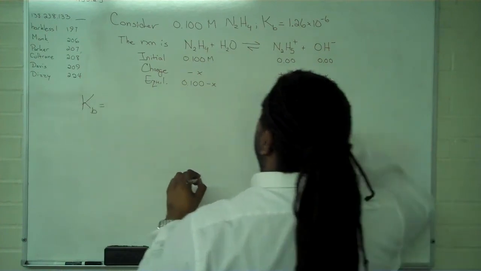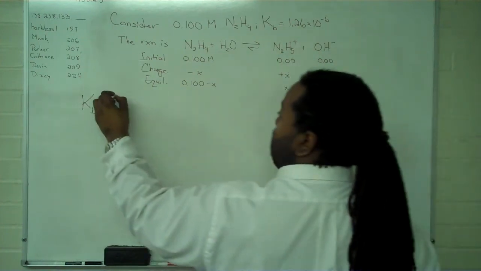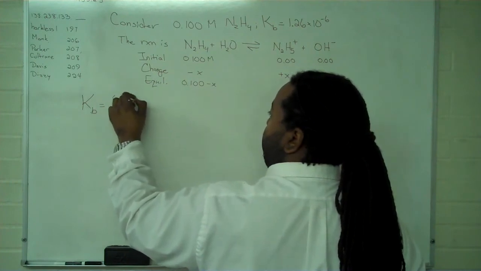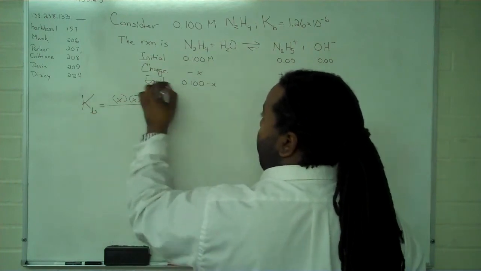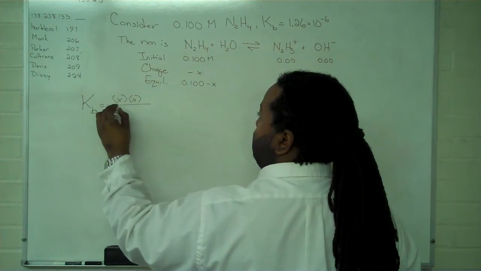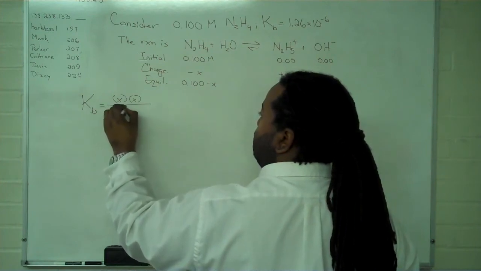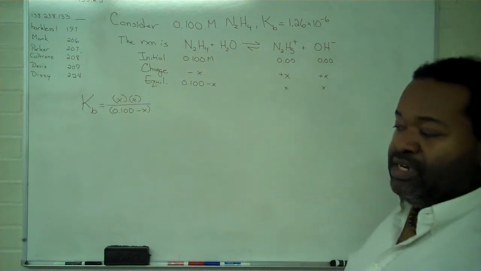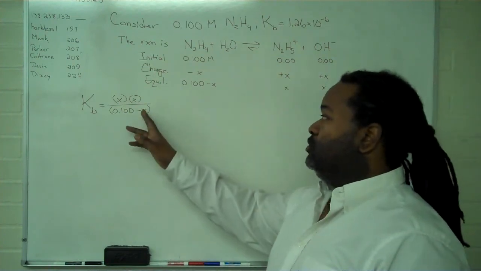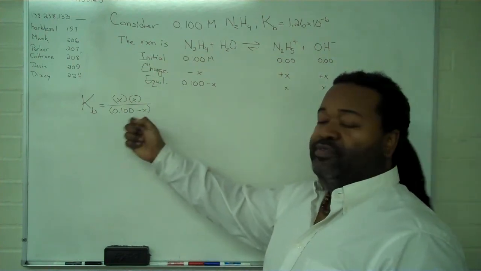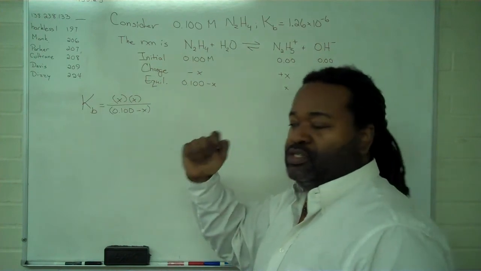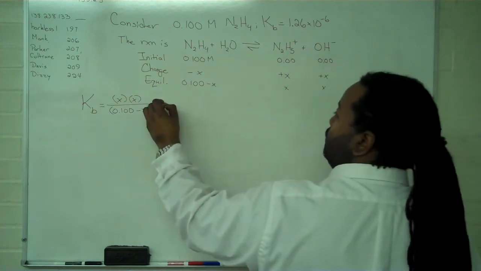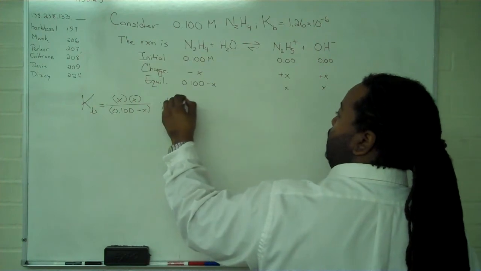So our Kb is going to be the product of our two ions. So that's X and X divided by the reactant minus X. And so by the approximation method, we assume that the amount of change is very small relative to the initial amount. And so by approximation,